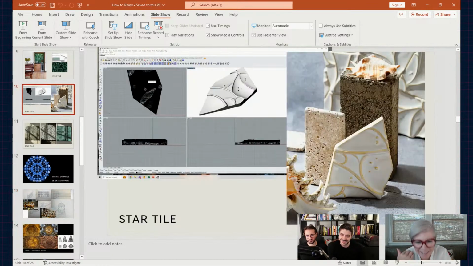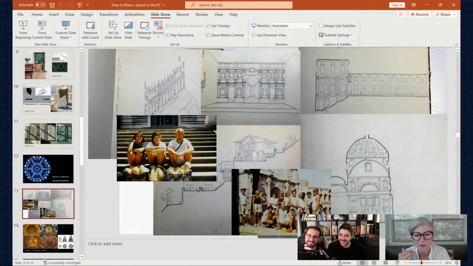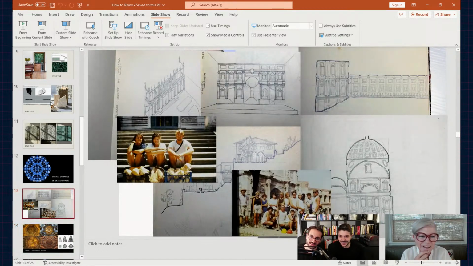This is just a quick thing. So this is me in Italy. I was like one of those kids running around with a sketchbook, putting it up. But here I am doing archaeology with my brown hair and dirty. Oh, so these are your sketches? Yeah, these are my sketches. But I loved it. I ate it up.